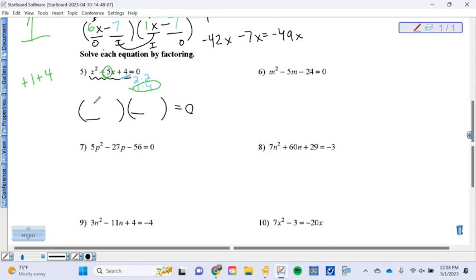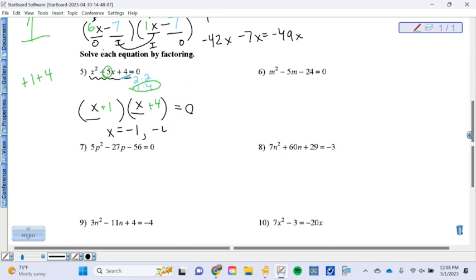1 and 4. Just x and x. I'm wrong. And then I've got x plus 1, x plus 4. Minus 4. Oh, no, never mind. Sorry. So what does x equal then? What does x need to equal? If this times this equals 0, -1